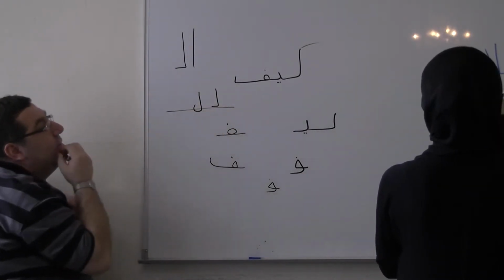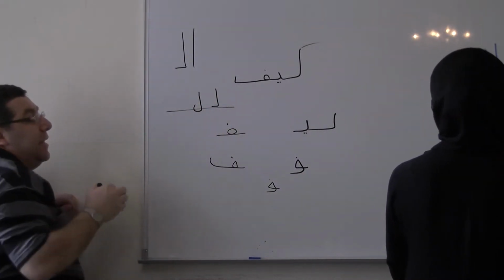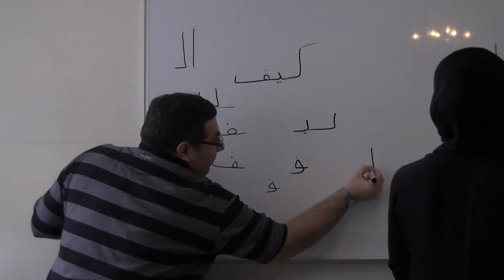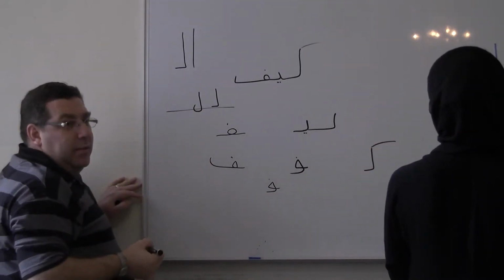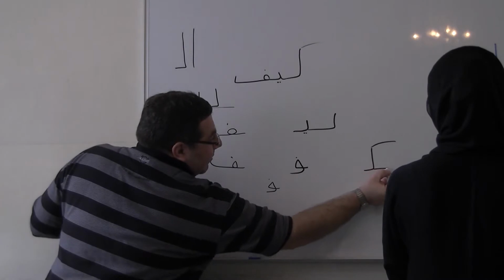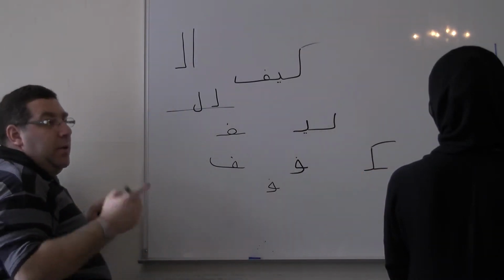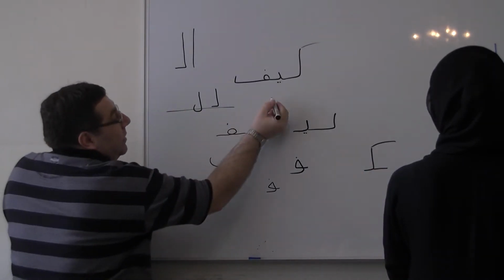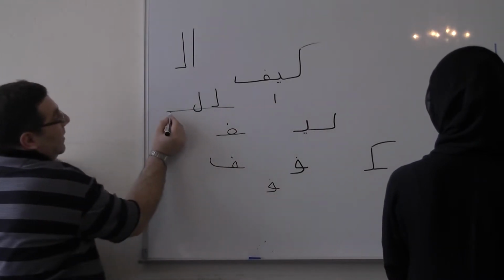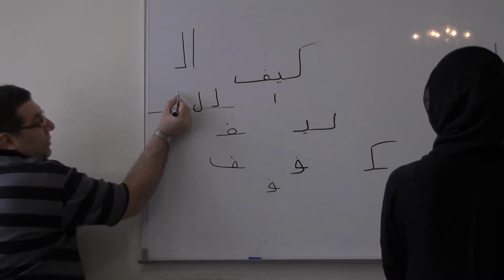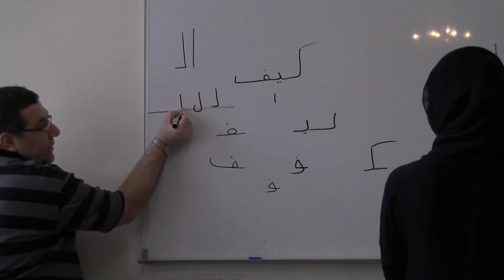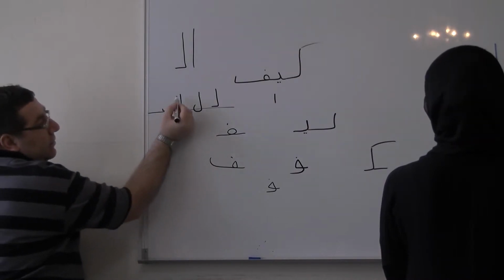Then we need the kaf. Kaf, this is kaf when it is at the beginning of the word. 它不在字首这样写， it is the same when it is at the middle of the word. 在字中也是这样写。 But when it is at the end of the word, 在字尾的话，好， this is the line. 现在这里 we need to close it, same as lam, but it is flat. 要平的，